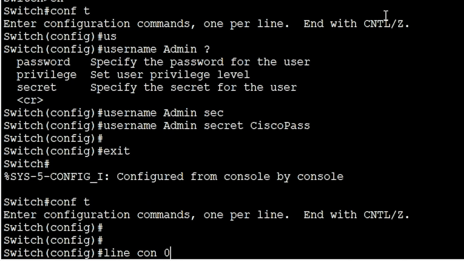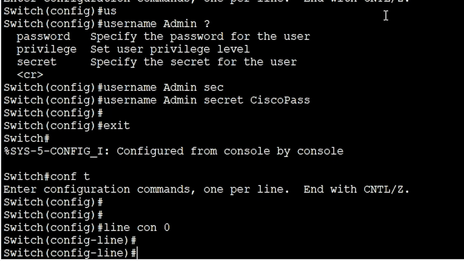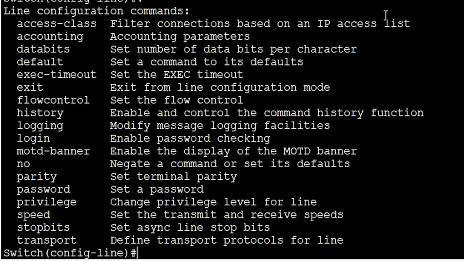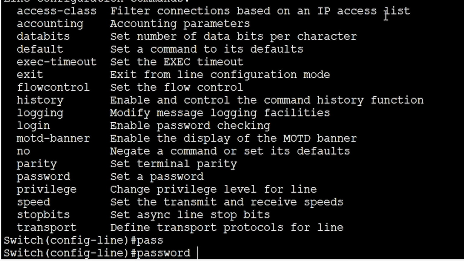Type in line con 0, because there's only one console port, and I'm just going to click question mark. There's a couple of commands in here we're going to use today. We'll use others in further episodes. But what I want to do is set the console password to Cisco con pass,